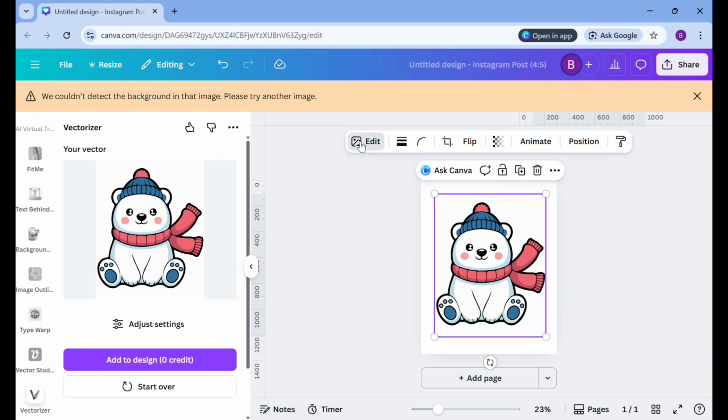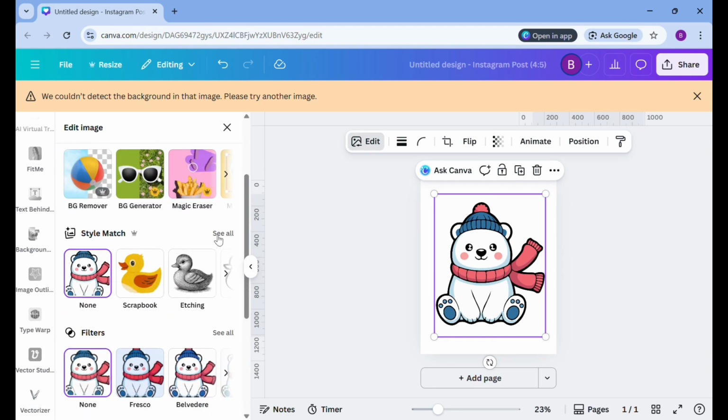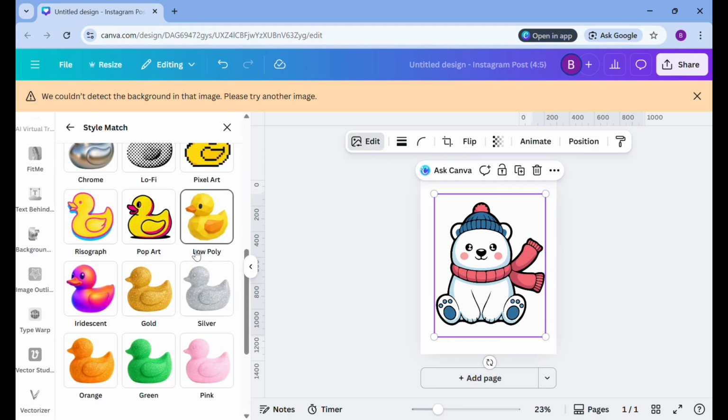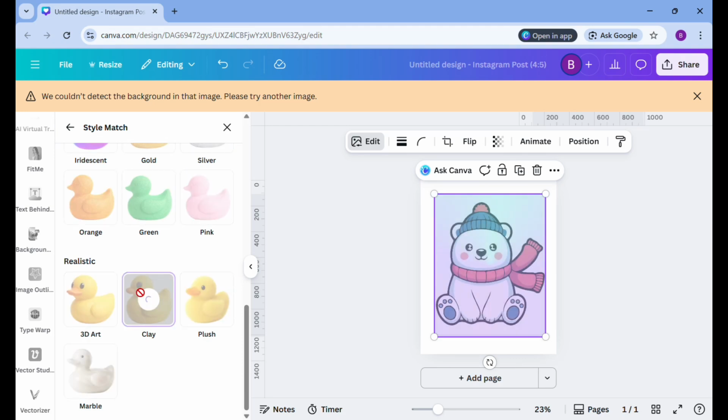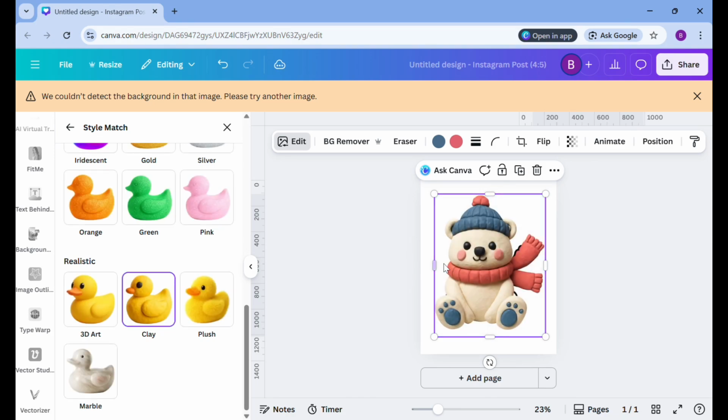and just go to edit, go to style match, and then just choose clay, this one. Like this. Canva will automatically turn the image into a 3D clay art look like this. And okay, that's it. Your image is now a 3D clay art